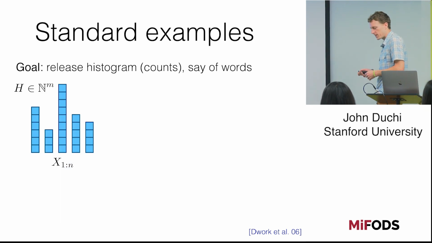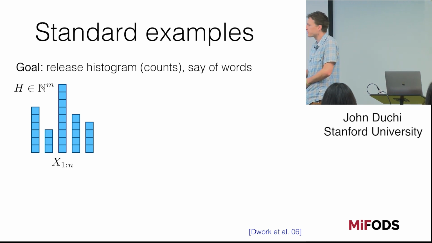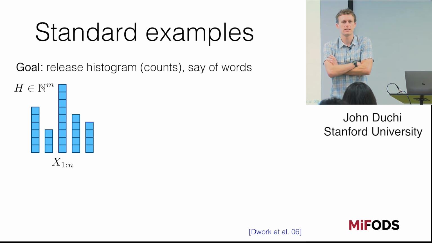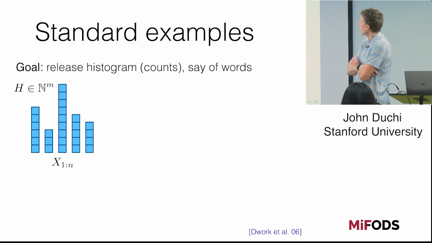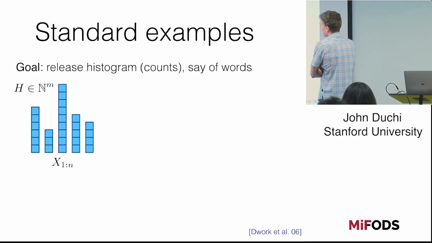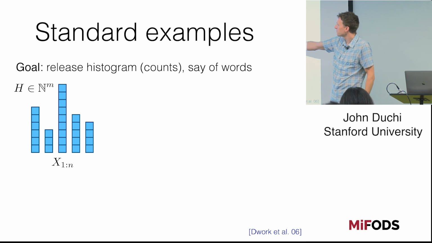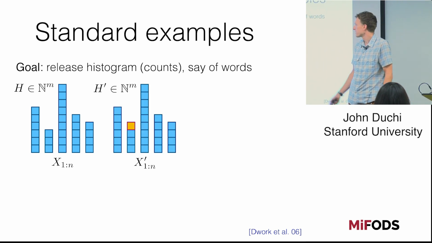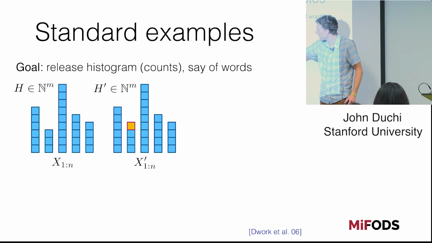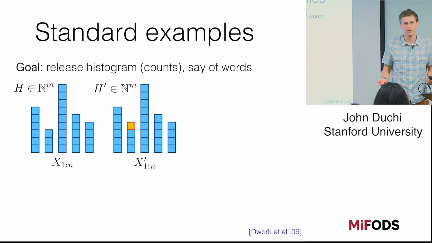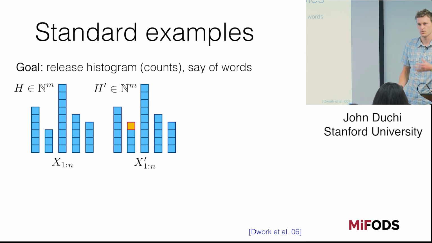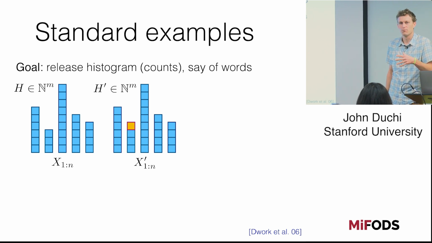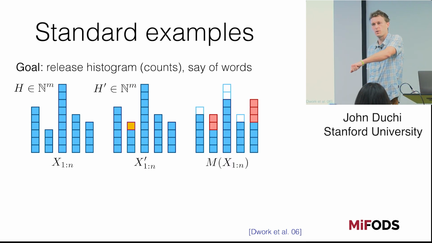So sort of the typical standard examples here are something like I want to release histogram counts. I want to release something like gene expression levels, how many times different genes were expressed. So then I've got some histogram that's got m different buckets. Here's one data set. I get another data set. It's got one more entry in, say, the second bucket here. So the sensitivity of the histogram is, well, 1, right? The most, or 2, depending on how you count. 1 or 2. One person comes in, that removes a count from one place, puts it somewhere else. So your sensitivity is 2.